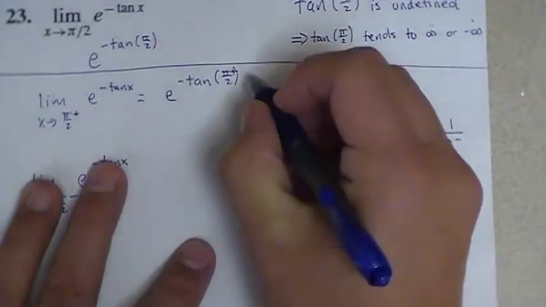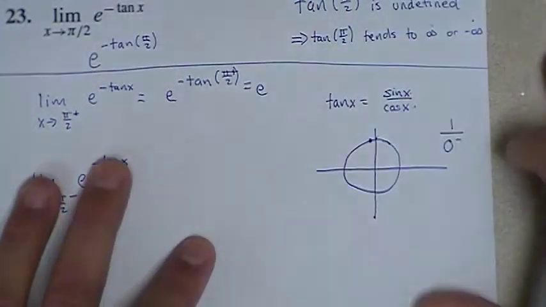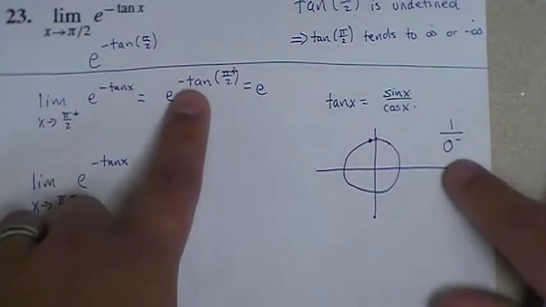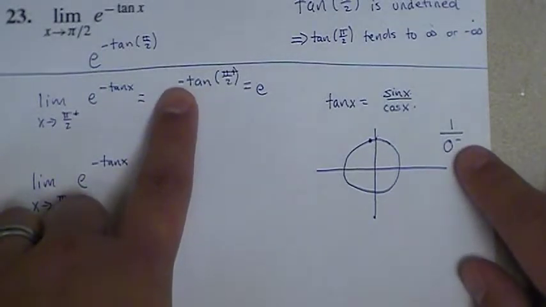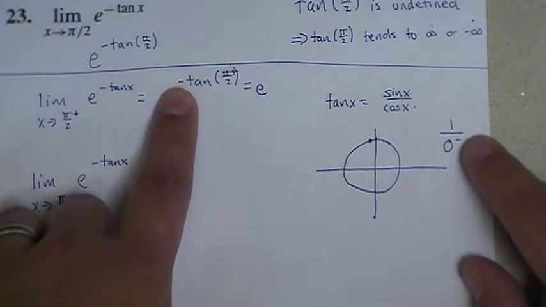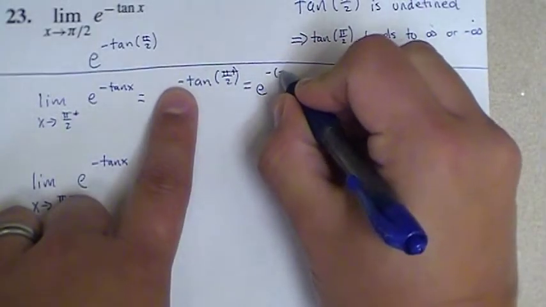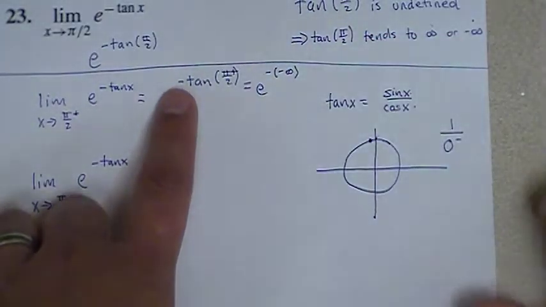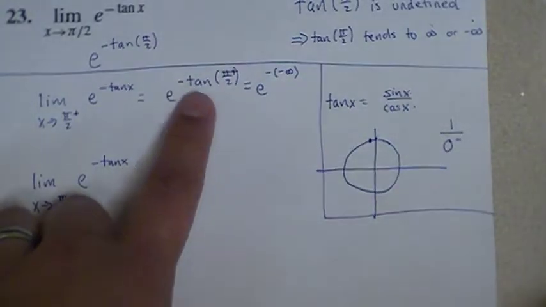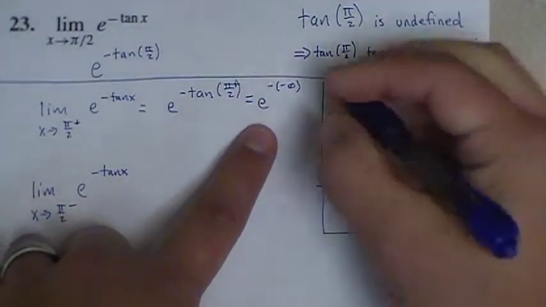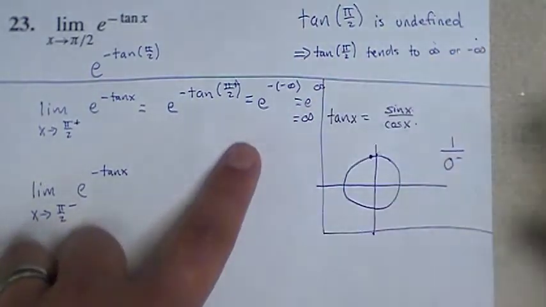So I'm going to end up having e to the, let's see, this is a little tricky because we have a negative here, and our answer here would have been negative infinity, right? A negative that's far, far away from 0. So I'm going to have e to the negative infinity. I'm running out of room here, so let me see if I can rope this off a bit. But e to the negative infinity is the same as e to the infinity, which is infinity.